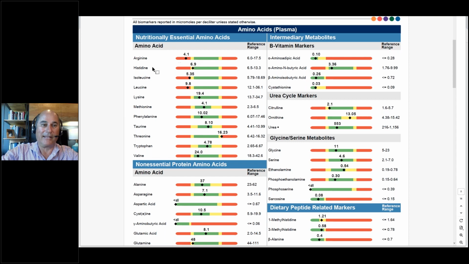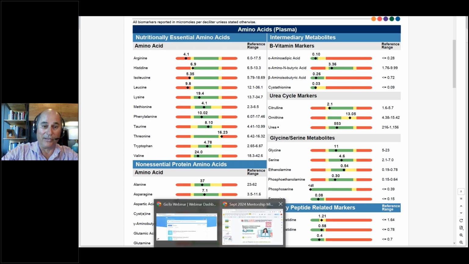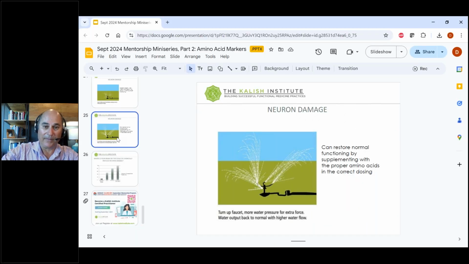Now remember, out of these amino acids, let's say in this particular case, arginine, histidine, isoleucine, and leucine are low. I'm going to write that down because I'm never going to remember that. Arginine, histidine, isoleucine, and leucine. So for each of these amino acids, you do need to spend probably a couple weeks or a couple months studying that amino acid and what it does and why it's so important in terms of its non-protein functions, because remember, those are all different.